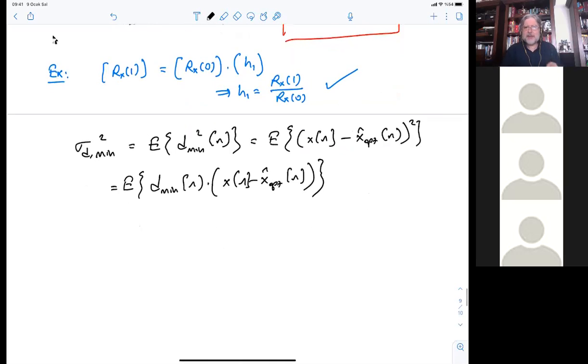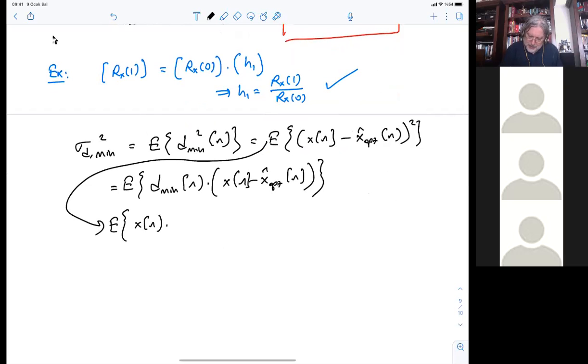So I'm using half from the first side and half from the other side in terms of the multiplication of the square terms. Maybe before that, I will continue from here. I will explicitly expand the square term like this. x of n times x of n minus x hat optimum of n is one term,